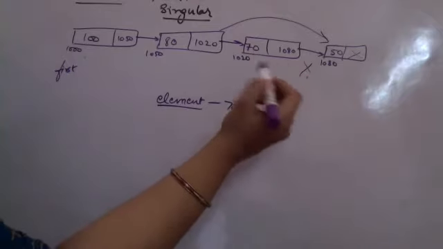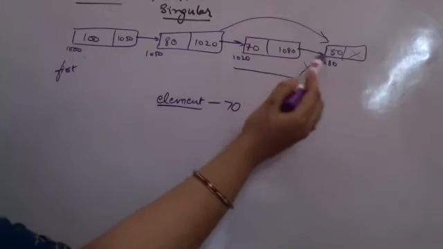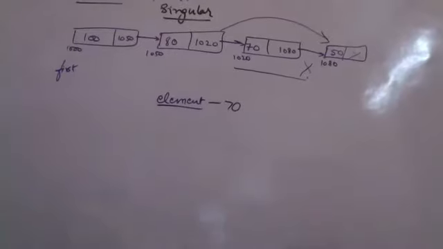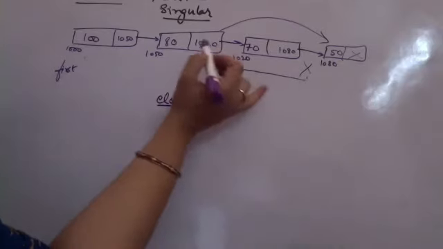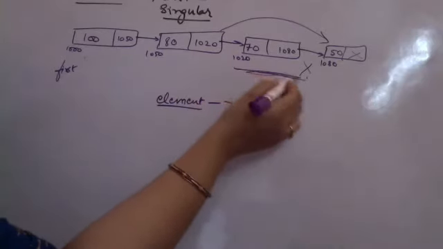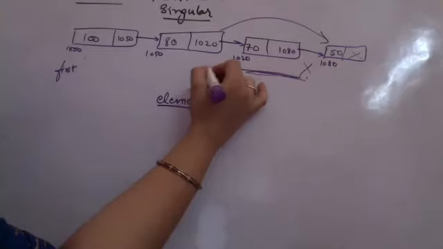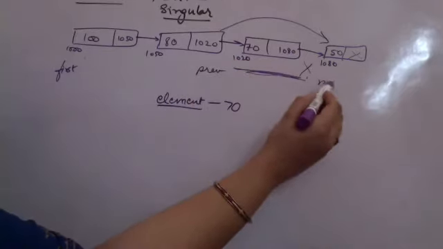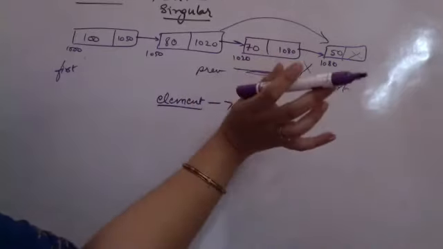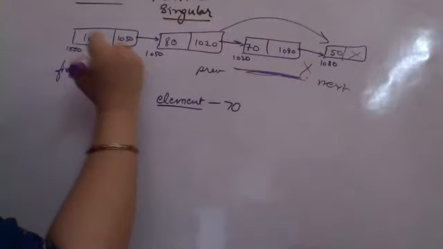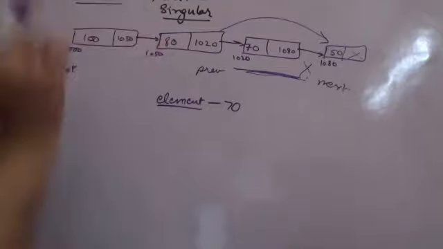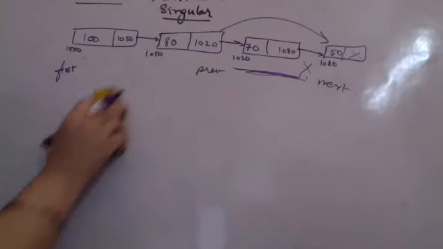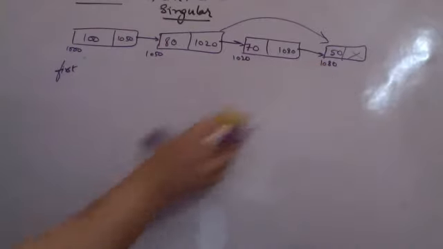What I have to do is clear the links of the element to be deleted from the linked list. From the previous element, I will create a link between the previous and the next element of the element to be deleted, and then I will delete this element. So to be able to do that, I have to traverse and keep a record of the previous element once again. So let's see, and I have to check whether I have found the element or not.